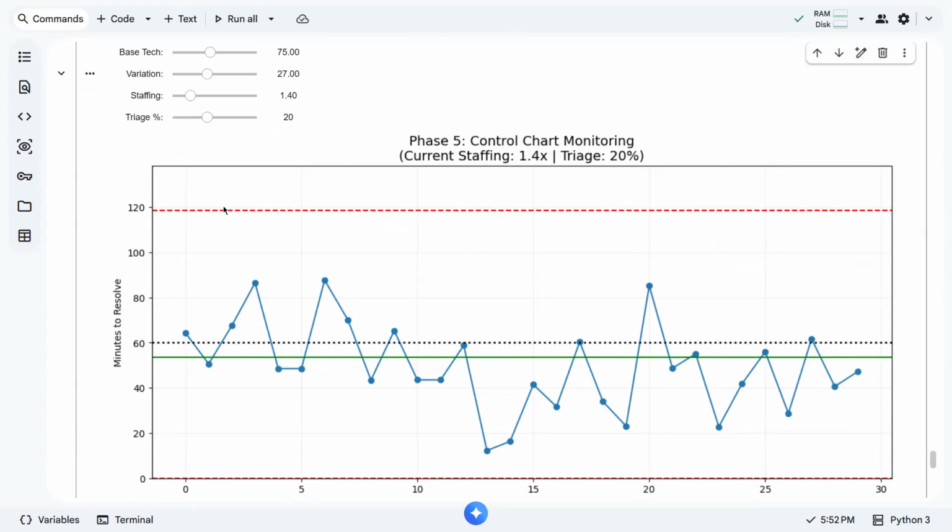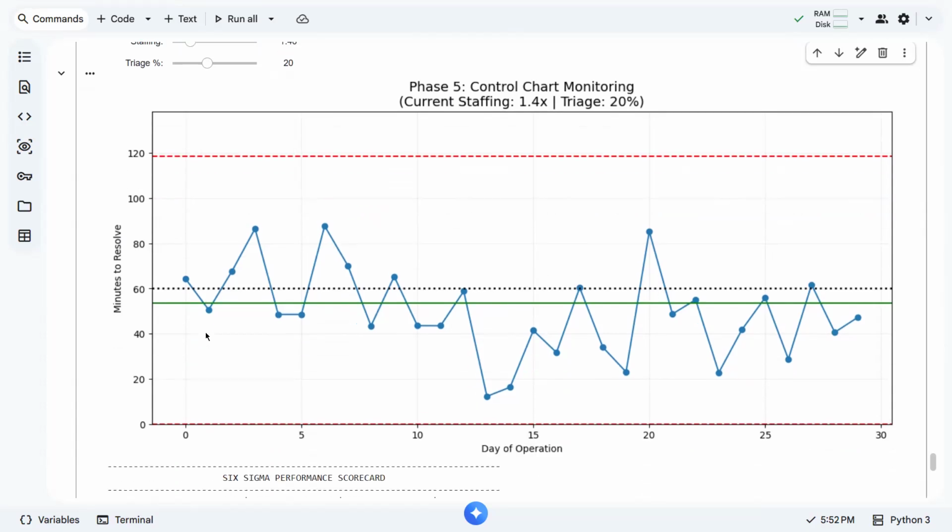So we have our control limits, and then we have this target that we want. The mean should be below here, and all the points should be within these limits. Okay, the blue ones should be between the red lines, while the green line should be below this dotted line.